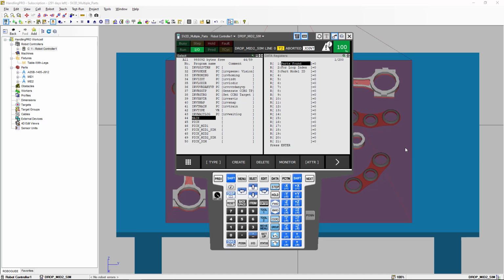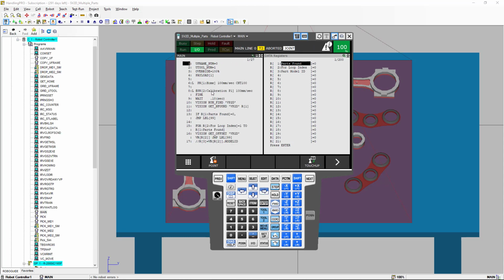In this case, I have created a new TP program line to save some time and make the video shorter. We're gonna have the main program, we're gonna have the pick model ID 1, and we're gonna have the pick model ID 2. We're gonna look at the main program. In this case, everything remains the same up to this point. When we get the vision run find and the vision get number found,